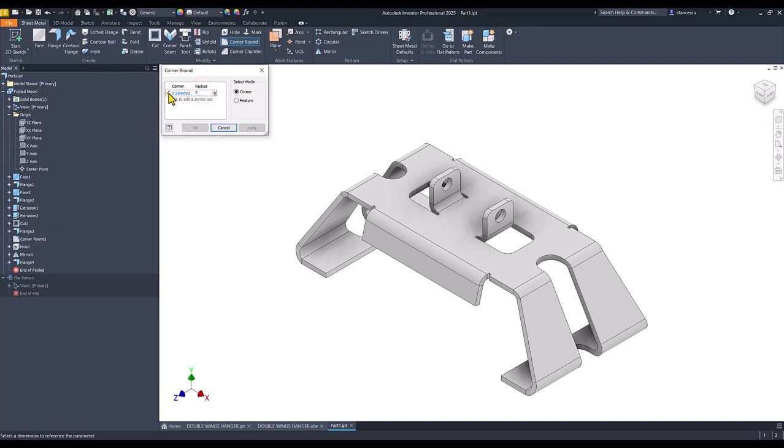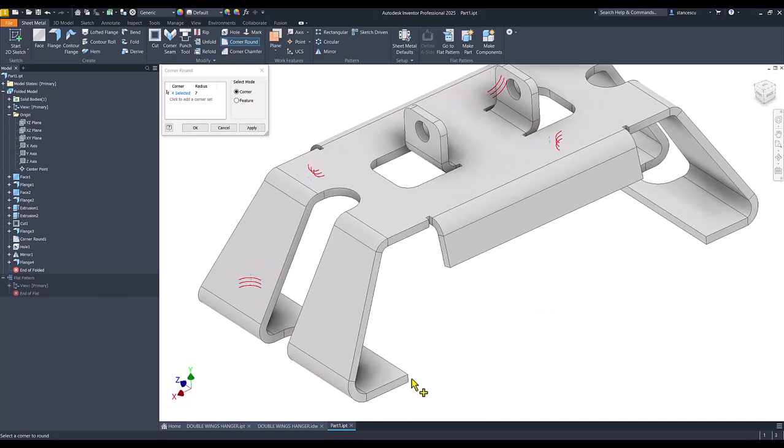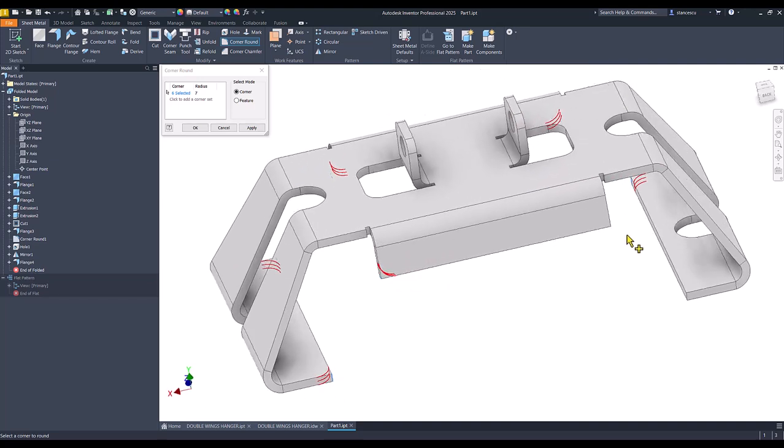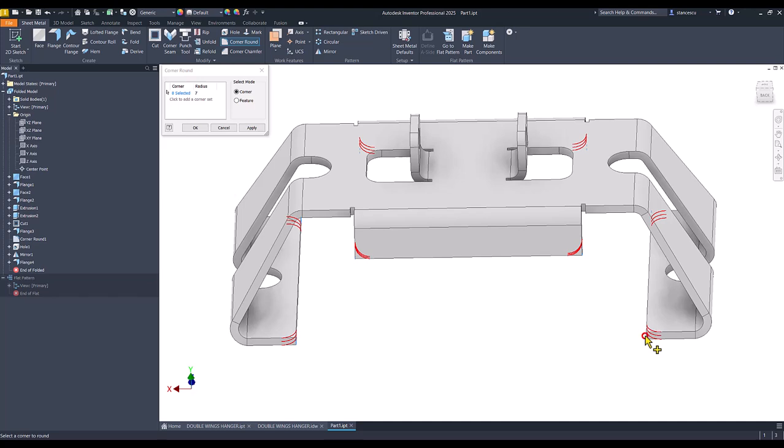I select the pencil here and I apply to these 4 edges and also to these 4 edges. Okay,